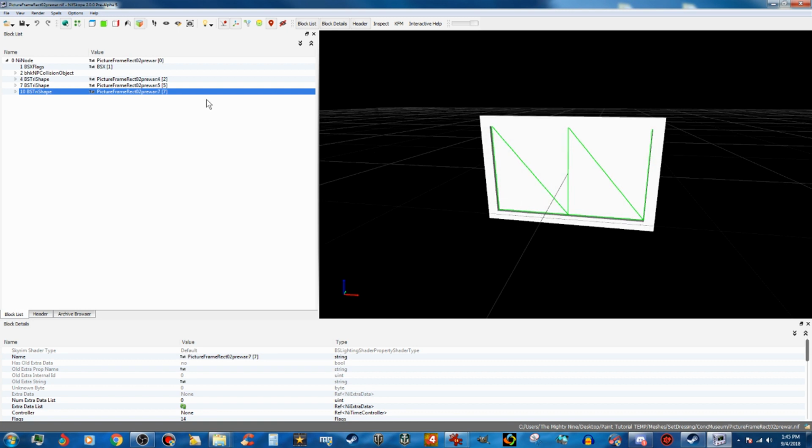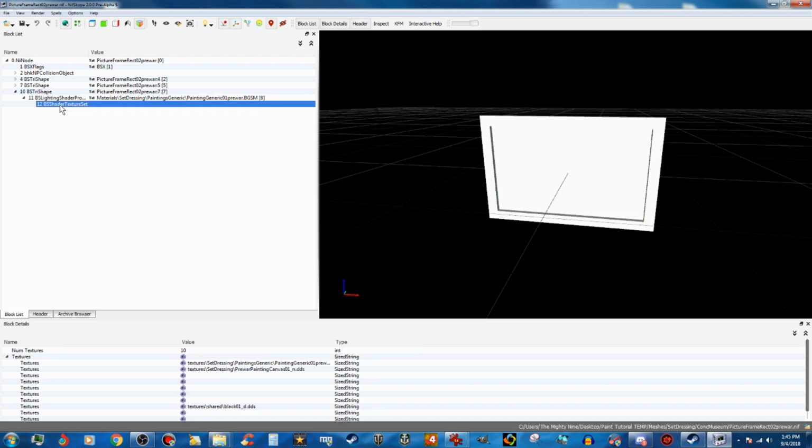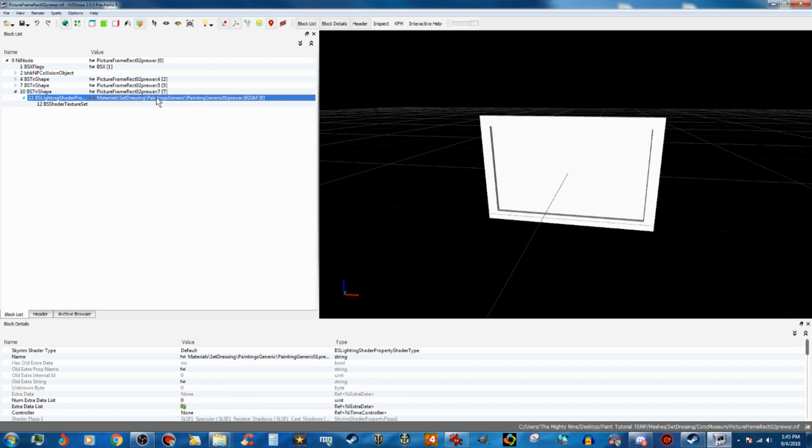So what we're going to want to do now is open up the tri-shape that is highlighted here. We're going to drop this down. We're going to open this up because we need a few things. Okay, the first thing we're going to need is our